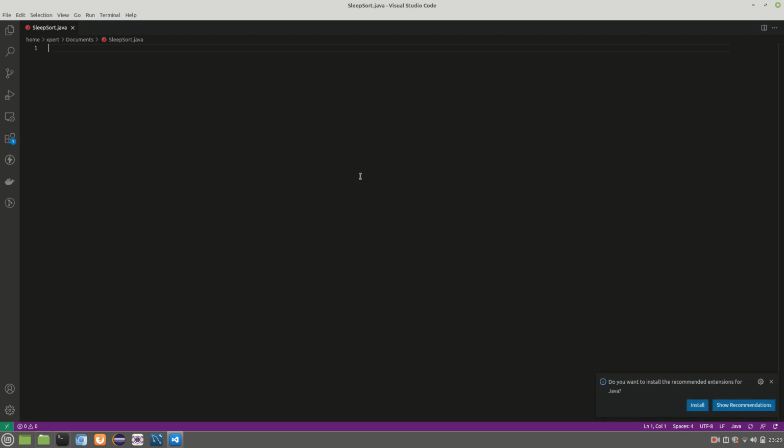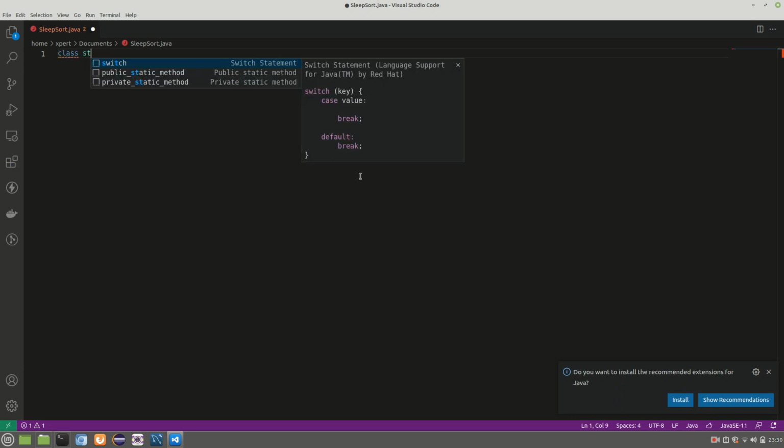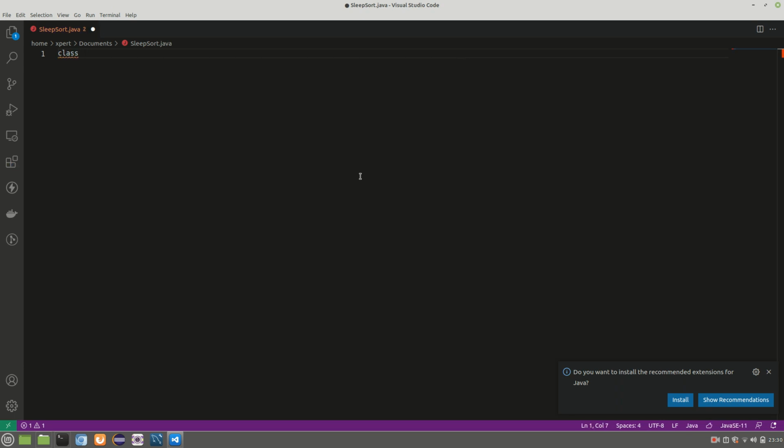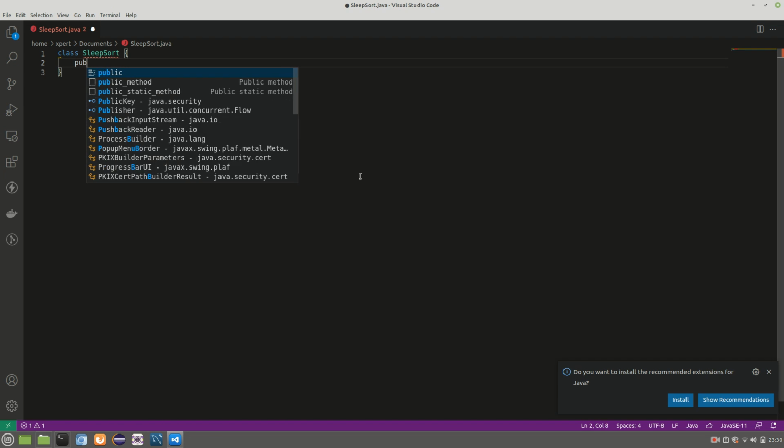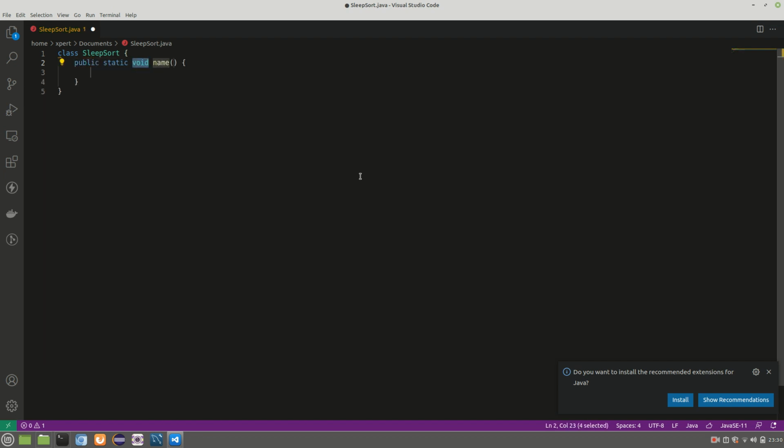Okay, let me zoom in. Class, and the class will be SleepSort, public static void main. Leave it like that. First I'm going to create a method,